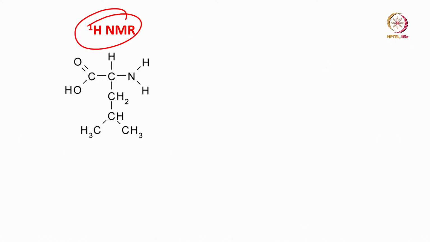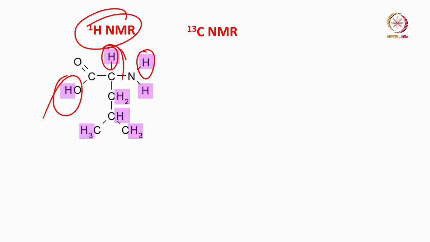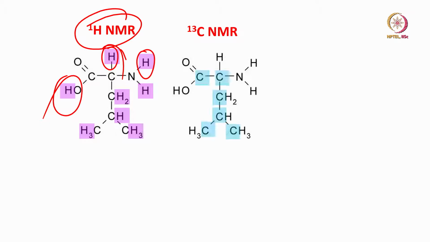If I take the proton NMR, if I take the proton spectra, what am I going to get? For example, in a molecule like this, I will get information about the protons. I can make assignments of the peaks and get all the information about the different types of protons present here, the different functional groups as far as the protons are concerned. If I go for carbon 13 NMR, then I know how the carbons are situated here, which carbon is bonded to which carbon, like that.